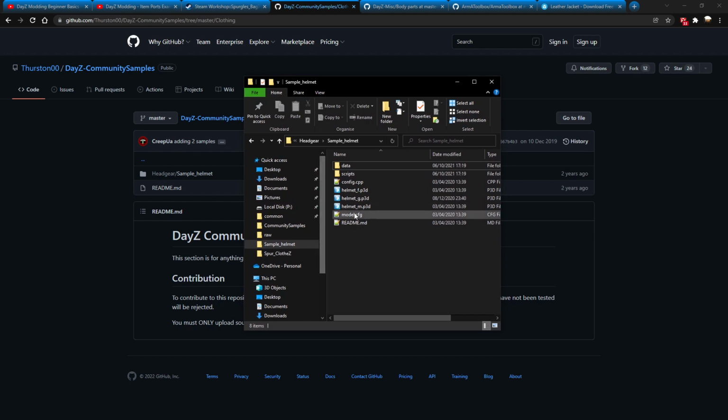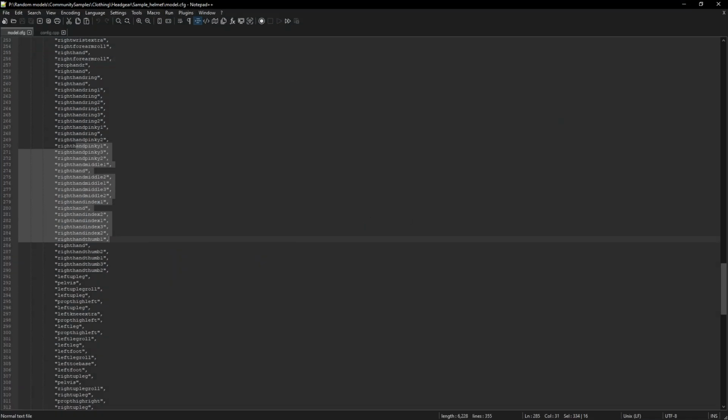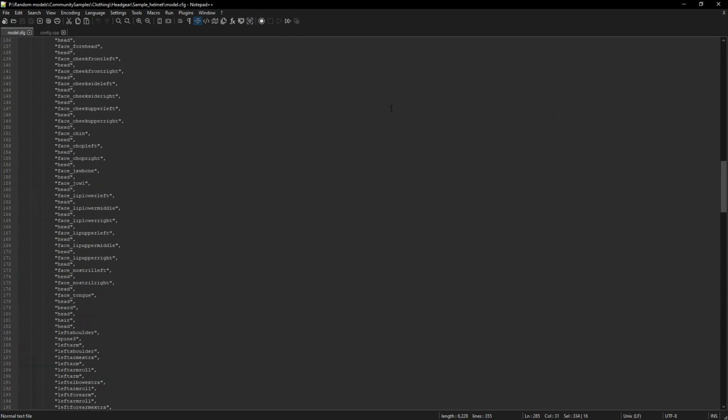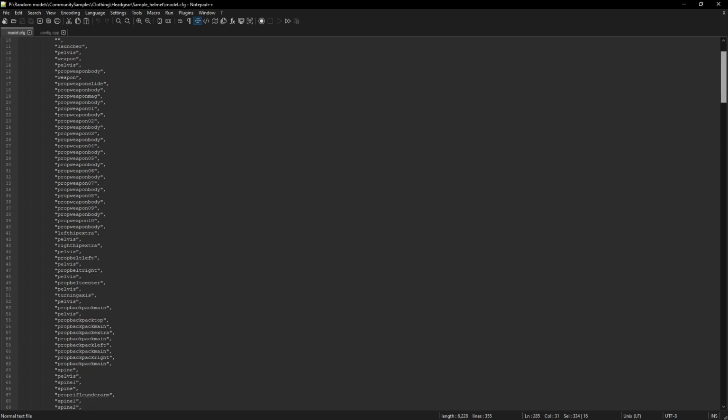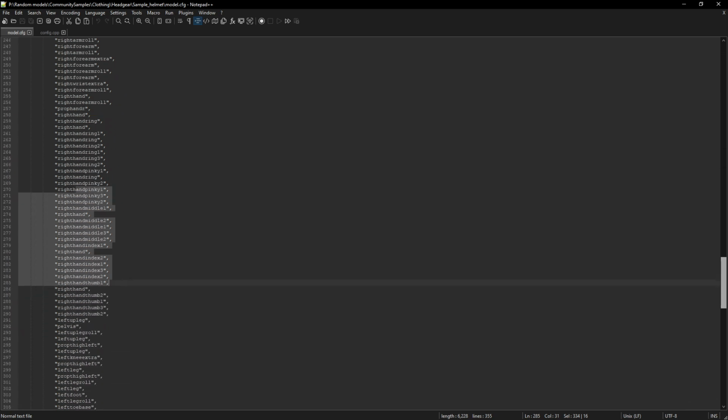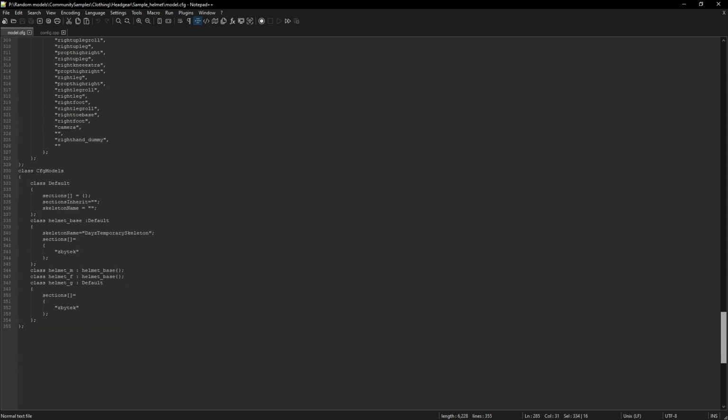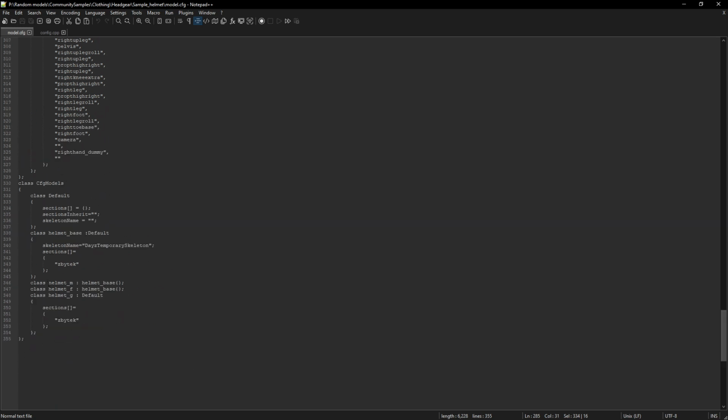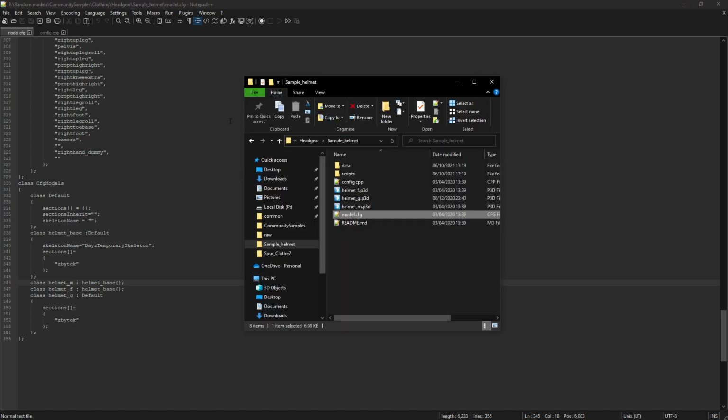Let's have a quick look at the model config. So all clothing uses the same skeleton. This is the player skeleton. You can see there's loads of bones in it. But how clothing differs from other models or items is you have three models. So in the CFG models you have three different classes to go with your three different models: male, female and ground. You also, in the config.cpp,